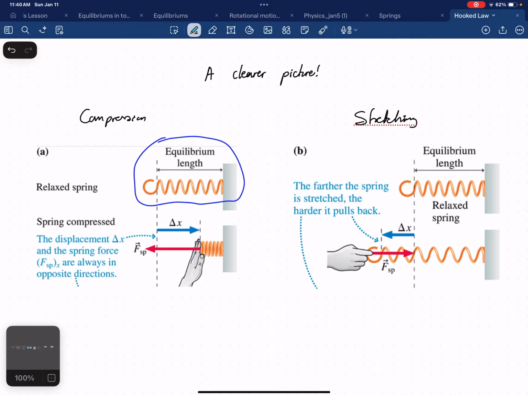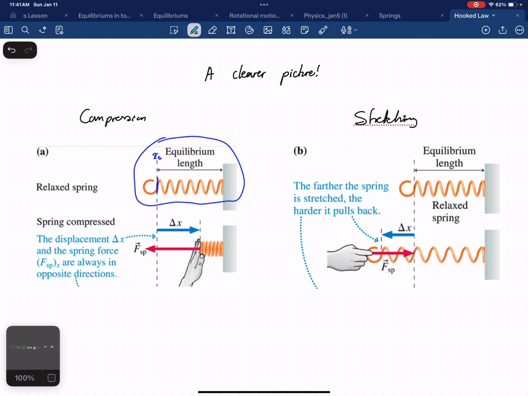Nothing is acting on it. Then I put my hand to press it, to compress it. So the displacement, my delta x, will be from the starting position of my equilibrium